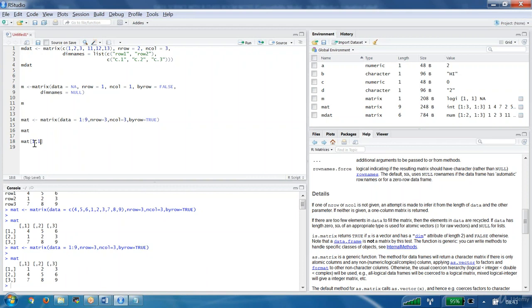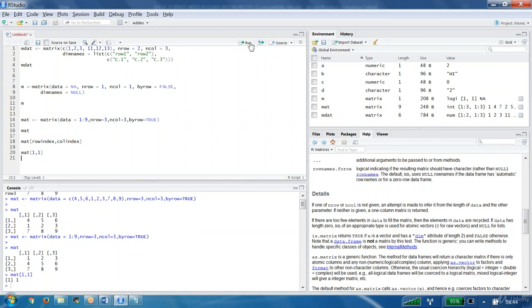First you write the row index, comma, then the column index. If you write like that, you are going to get it. Now let me run it. Wow, beautiful. We got 1. Now, if you really understand my point, I want the 6. Tell me how to write it.